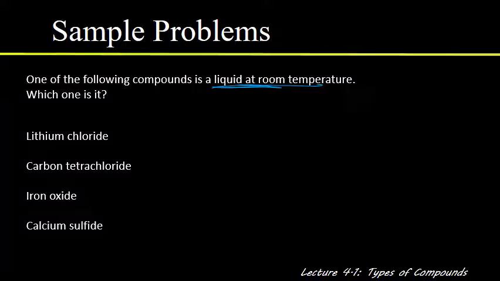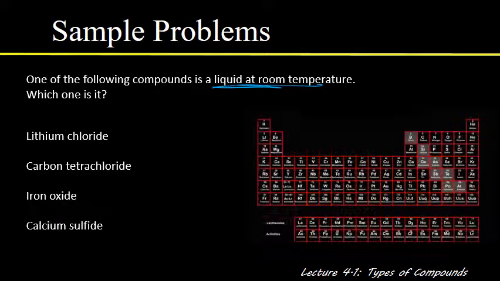Well, we know that molecular compounds could be either liquids or solids, but ionic compounds are always going to be solids. So if we can identify the things that are ionic, we can rule those out as liquids at room temperature. So lithium chloride, take this first one here, lithium chloride, right? Lithium is over here, and chlorine is over here, right? So lithium chloride is going to be an ionic compound because we've got a metal and a nonmetal,